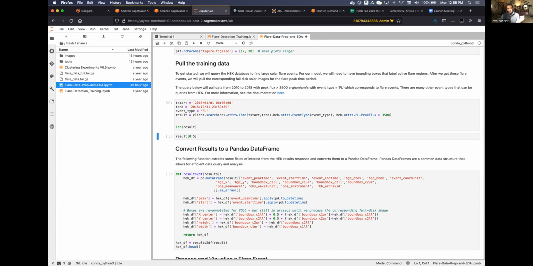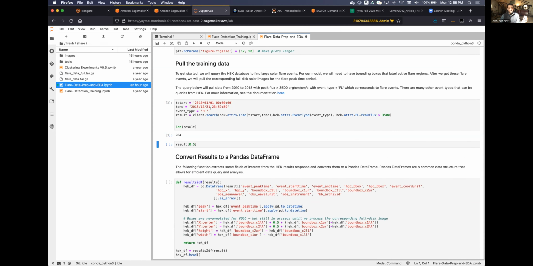When you run this, it's pretty quick to search through the heliophysics event knowledge base within these dates, which we picked from the 2010 to 2018 time window. Given the dates and the specific type of event, we were able to acquire 264